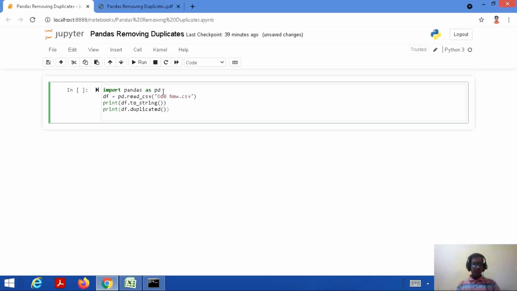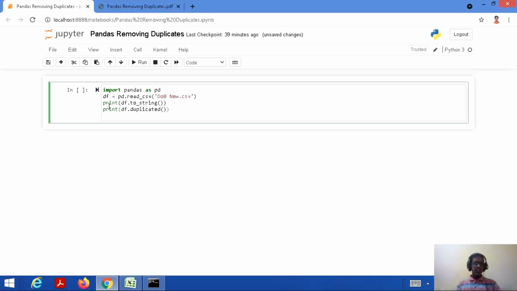Then df, our variable for the data frame, is equal to pd.read_csv dob new.csv. We are reading our dob new CSV file with the read_csv method, and this CSV file is stored in the location from where my Python is running.